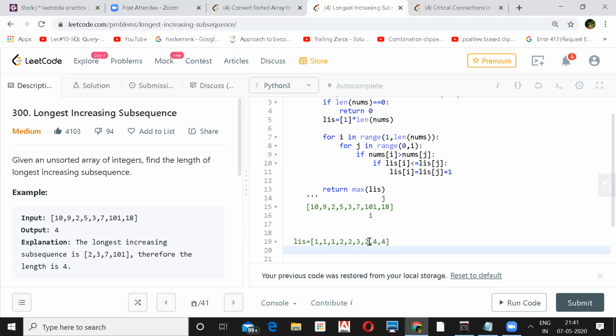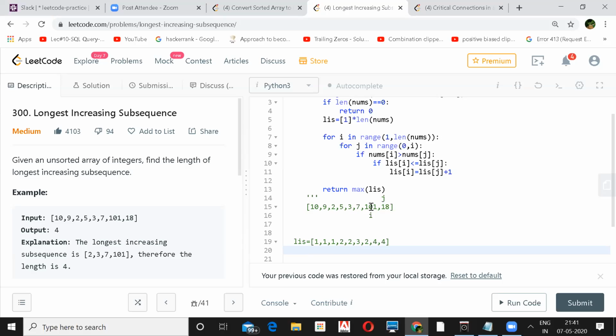I think here some mistake is there. No, that is correct, right? So 7, immediate next you have to get. So after 2, you'll check for 3. So at 7, it will be one less. Yeah, this one. So you will either start from this one or this one. You can have multiple. So 4, 3. So 4 means 18 you'll have. Then 3 means 7 you'll have. And among these two you can take anything. If you take 3, so 18, 7, 3 and 2. Or here also 2 possibilities are there. You can have 5 also. Or if you start from 1, here again a different set you can have.